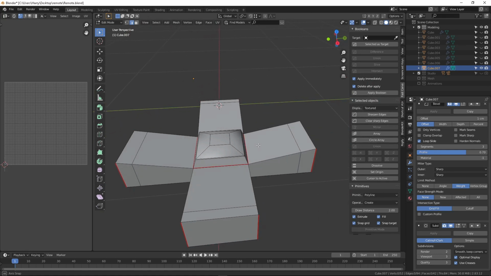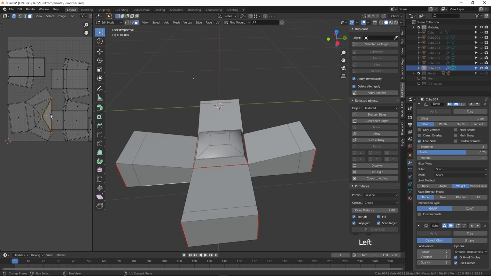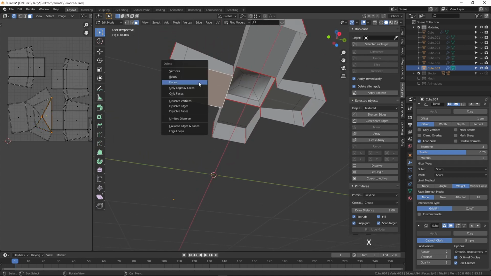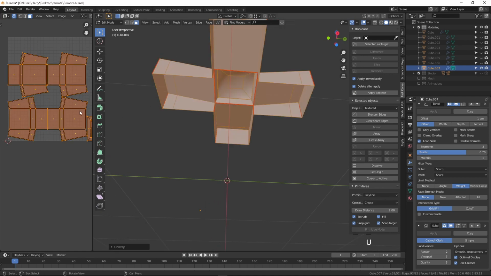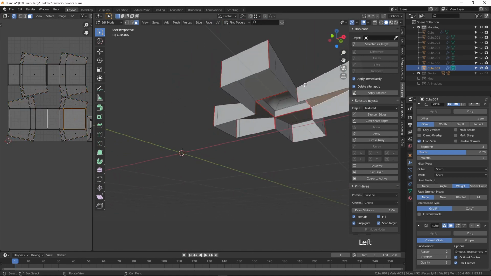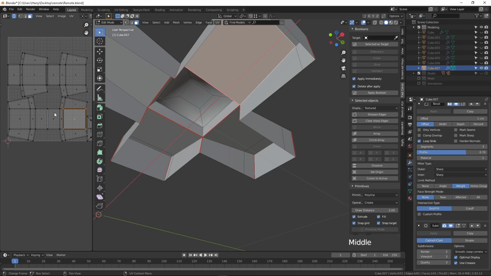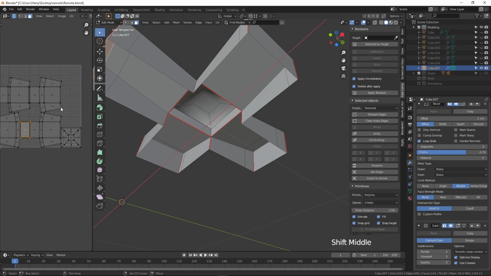You can see everything has been selected correctly. You can use this sync option to view everything correctly. Press 3 on the keyboard. You can see here we have missed one face. X, delete the face. Ctrl A, U to unwrap it again. Now we can view that our data is ready. You can see when I select, some faces have been selected. Okay, now our unwrap is ready.